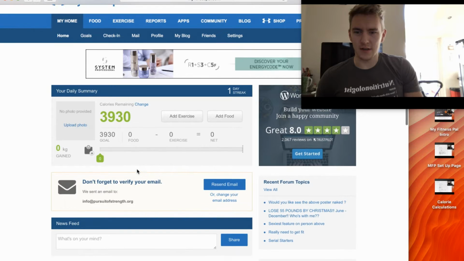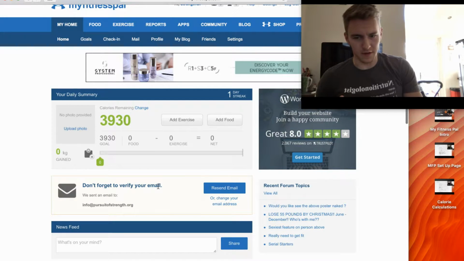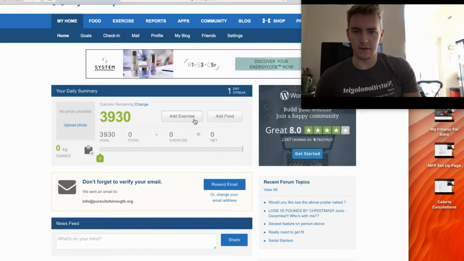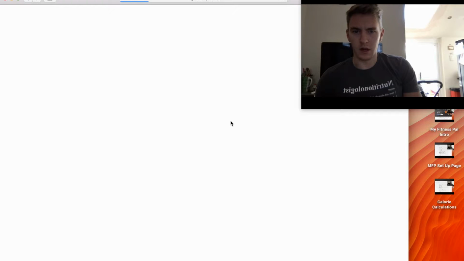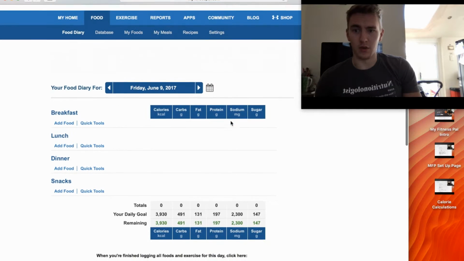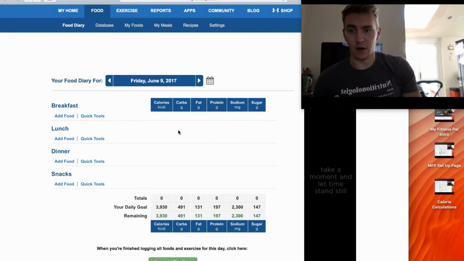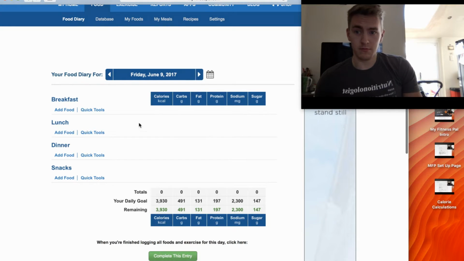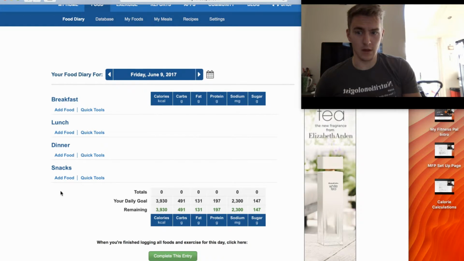So let's show you how all this works. Obviously, you'll verify your email address further along the line after we've gone through this for the account. So let's start with add food. You press add food and it will bring up your food diary. Now, this food diary is very simple. It has today, breakfast, lunch, dinner, snacks. Simple as that. Whenever you want to add food,